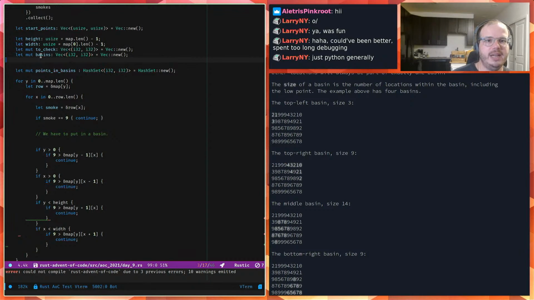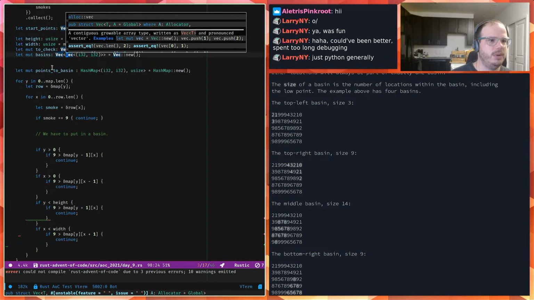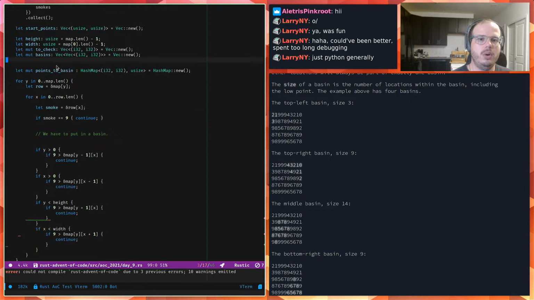So I have a vector of xy coordinates. This is a tuple, xy. And I'm thinking, I just made a hash set to check if a point is in a basin, but I think I can just make this into a hash map of points to basin. So xy up top, and then the value of that will be a usize, which will be an index into basins. And so basin can't be just a vector of points. It actually has to be a vector of vectors of points. So a list of lists of points. And actually, I probably don't need the points in here. I just need a length or a size, right? But that'll be fine. So now I can say,